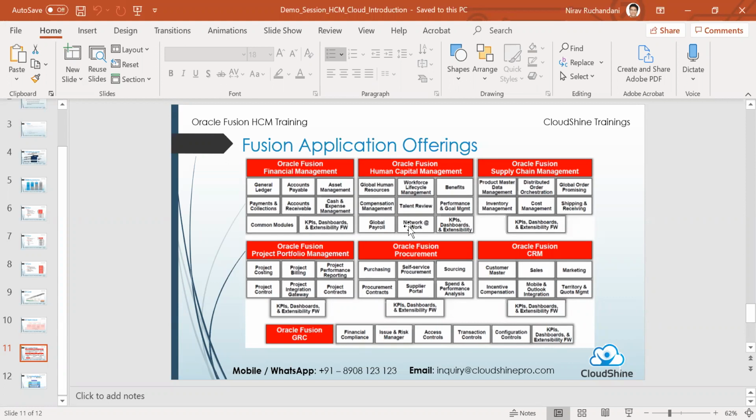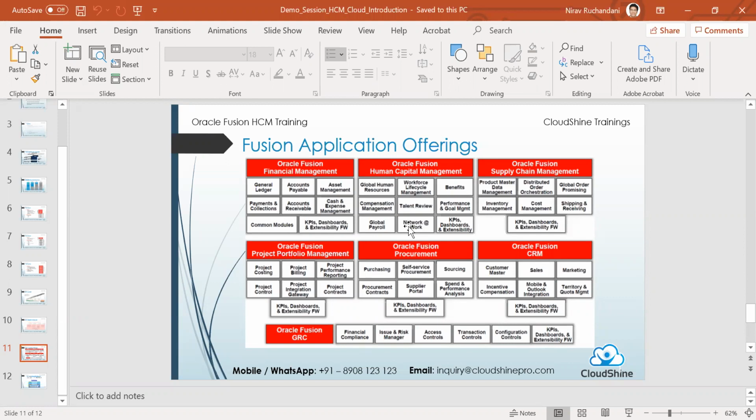If you want to connect to the different employees within your organization, have them talk through the application, you have your chats, your forums, etc., all that there. So that is what is Network of Work. And then, of course, the common modules and the dashboards that reside on top of it, and the security or the business process workflows that reside on top of it, are the technical aspects of these particular modules.